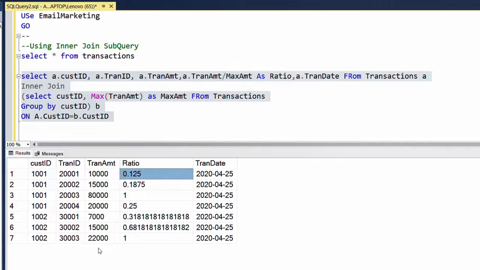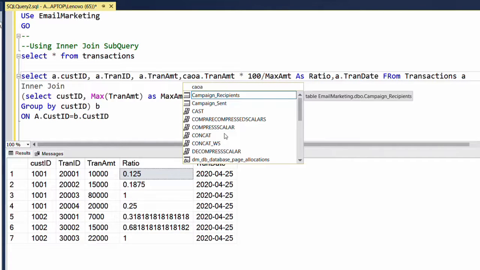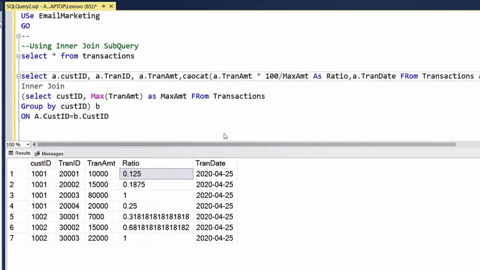Suppose you want to calculate the percentage, then simply multiply by 100, then concatenate a percentage sign.